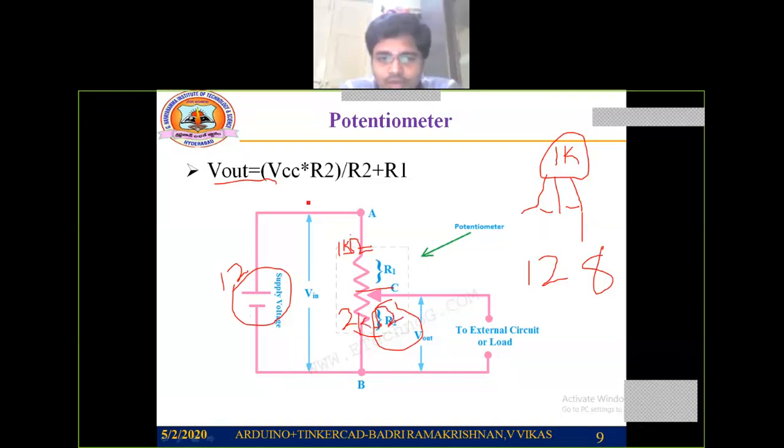V output will be 12 into 2 by 2 plus 1, so I will get 8 volts. So like that, wherever you want these kind of voltages, you can go with this potentiometer, or you can also have a voltage divider circuit. Instead of having potentiometer, I can separately consider a resistance R1, and separately consider a resistance R2. Like that also I can consider. Okay, so that is just a small introduction about potentiometer.